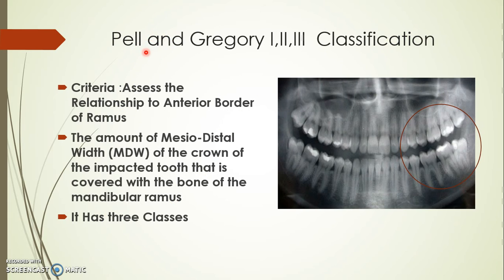So the other classification, which is Pell and Gregory, these two scientists have developed 2 classification systems. Both of them are named after them, Pell and Gregory. The first one assesses the relationship of the amount of the crown exposed in relation to the anterior border of the ramus. This classification system measures the mesiodistal width of the crown of an impacted tooth that is covered with the bone of the ramus, and it has